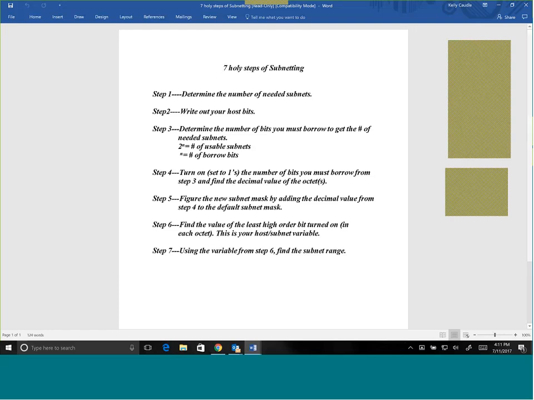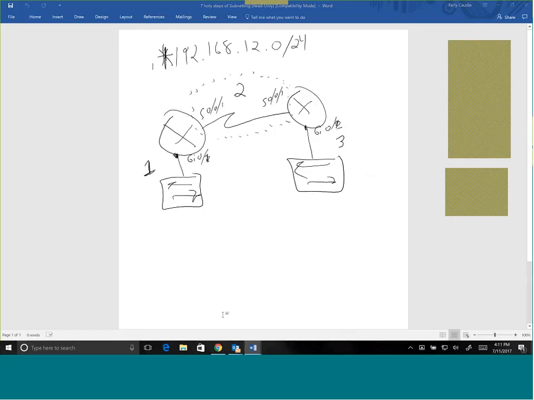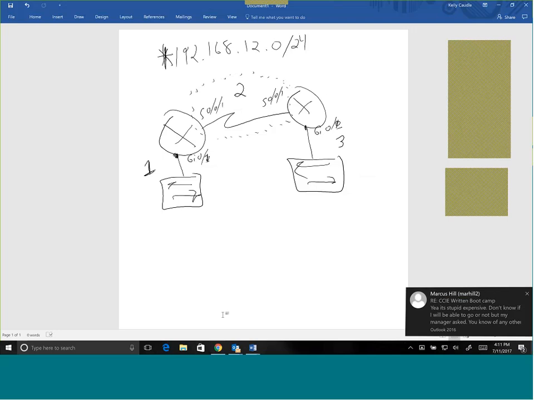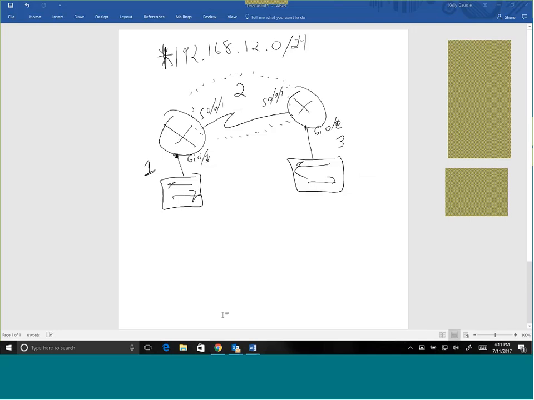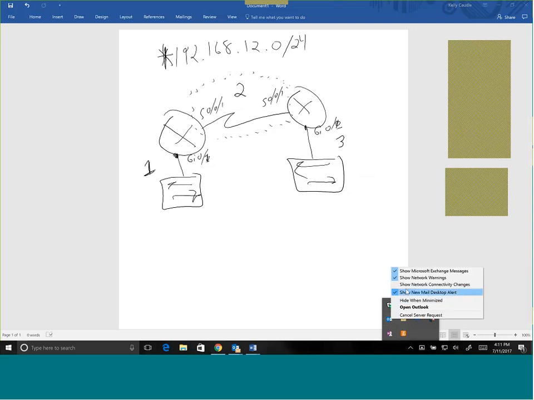Step 2 is to write out the host bits. Now later on when you get proficient, you really don't have to do this. I have my students do it though because it allows them to see that subnetting is the process of borrowing host bits in order to